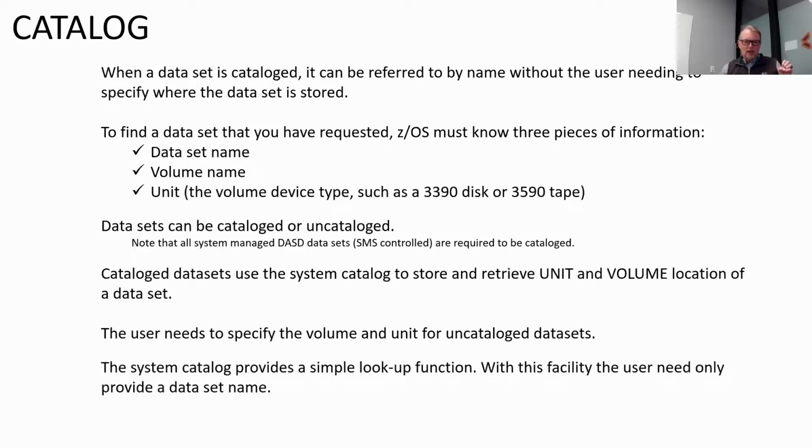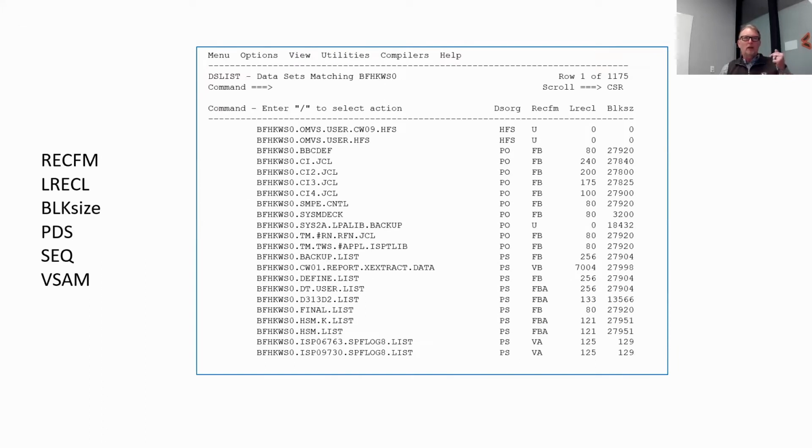So the catalog itself takes that data set information and puts it into a simple lookup function, so that when you look for the data sets, you can find them. I don't have enough time to go into all these details, but data sets can have a variety of characteristics associated with them. They're not just all sequential files. A predominant one is VSAM, which has its own access method to make it easier and quicker to get data out of the file instead of just doing a lookup of the entire data set.